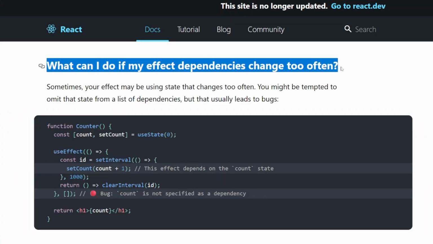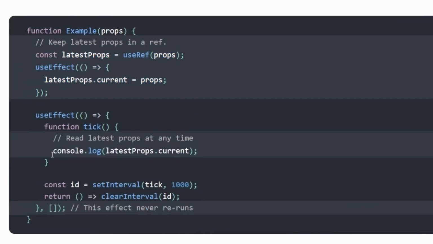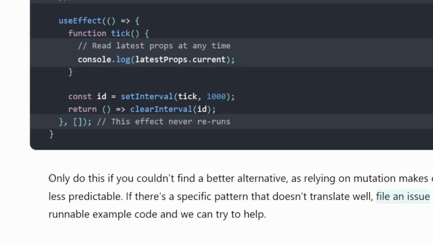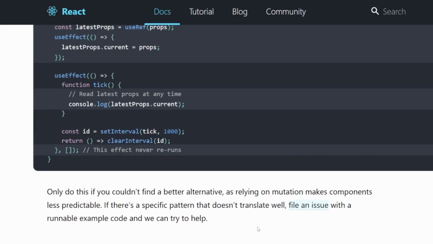And this isn't even my invention. It's actually something I saw in some old React docs, which I've linked below. And so if it's easy to use, gets you out of a lot of issues, doesn't have much of a performance impact, and is suggested in the React documentation, then why don't I recommend using it? Well, that's the thing. It's in the React docs, but they don't suggest using it. In fact, the words they use are "as a last resort," and only do this if you couldn't find a better alternative. So it's sort of a grey area of being a perfectly valid use of React, but also being